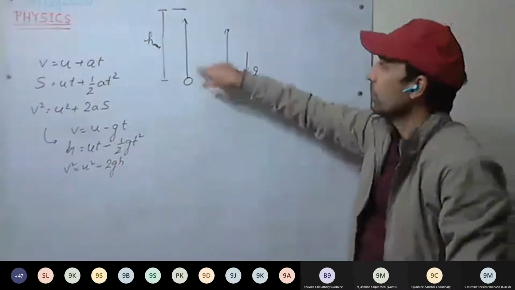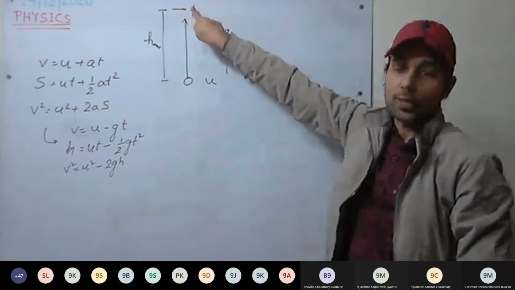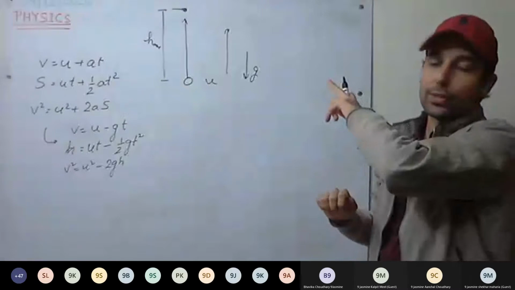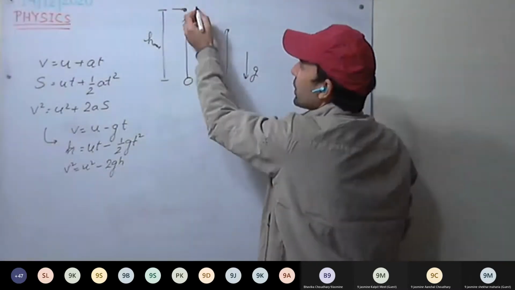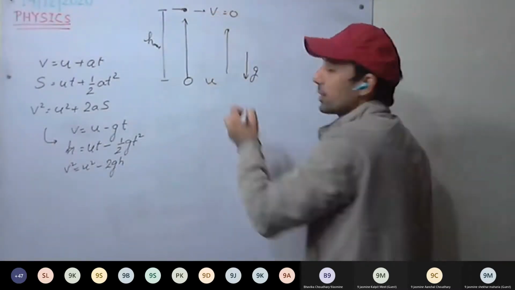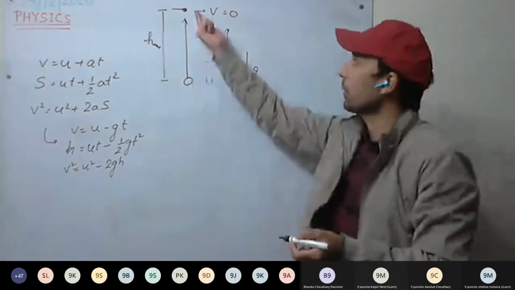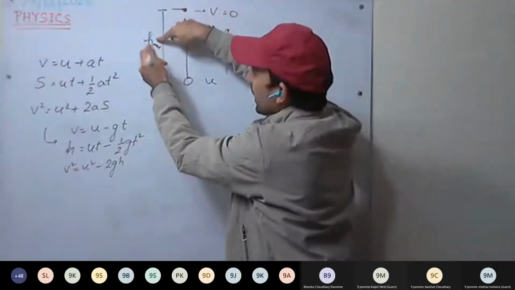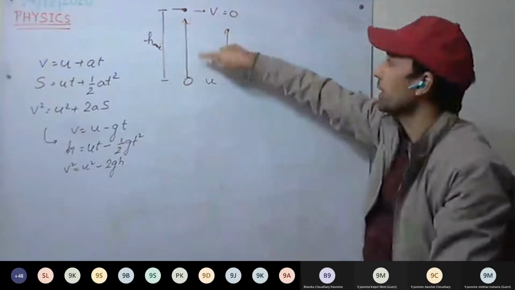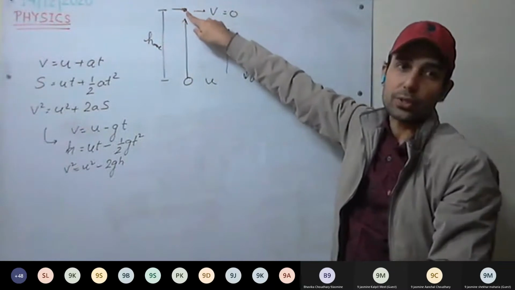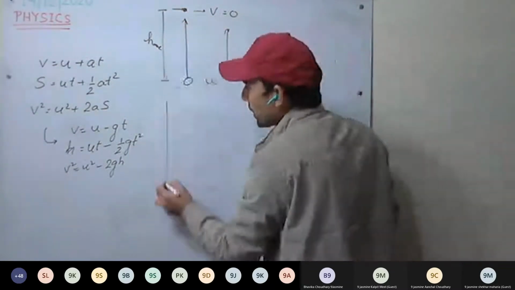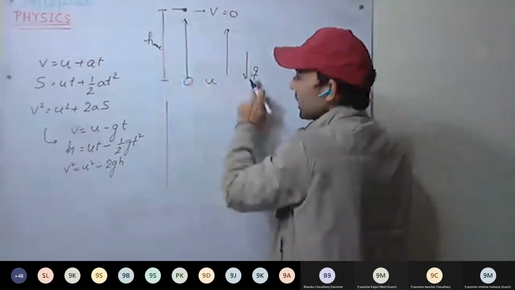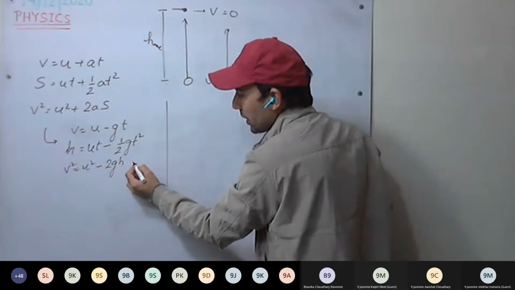Now we are calculating at the top point. When the body reaches the top point, here we will be applying the equations of motion. So at the top point, what will happen? The final velocity will be 0 at the maximum height, and the distance covered, let it be h max. So we are applying the equations of motion here. Now see here, v is 0, we have u, h max and g. So which equation will we be using? Third equation.